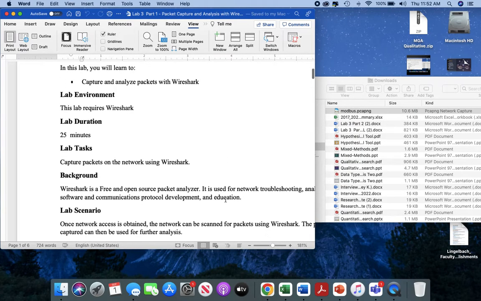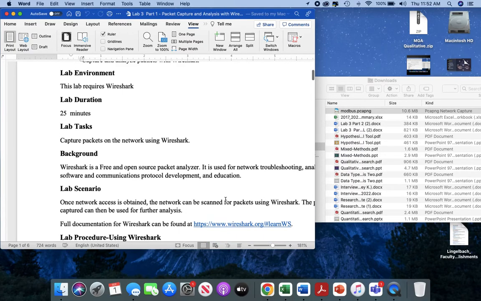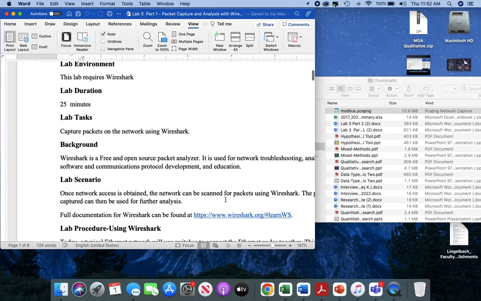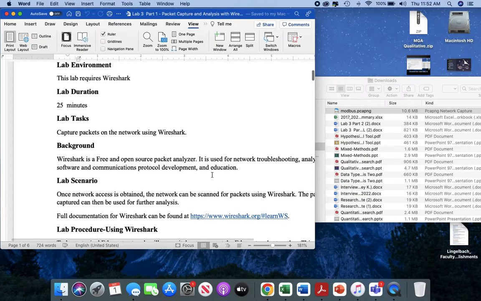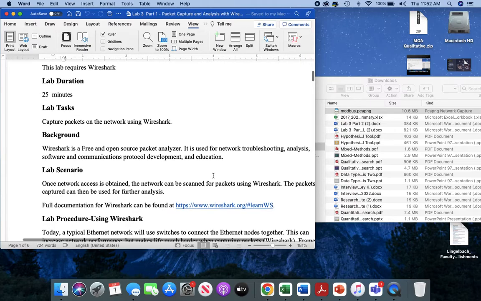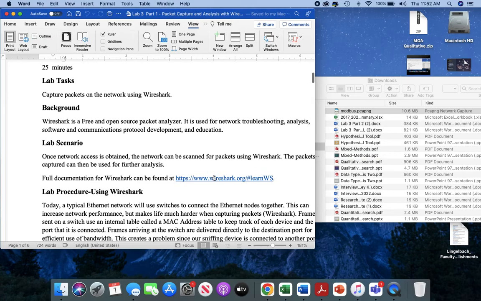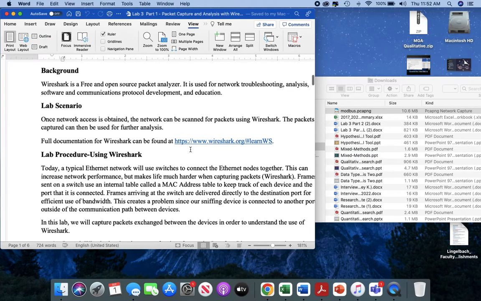However, we're going to look at packets going across your network. Wireshark is a free and open source packet analyzer, and it's also used for networking, troubleshooting, analysis, software, and communication protocol development, and so forth. You can look at some more free documentation, and there's a lot of tutorials out there